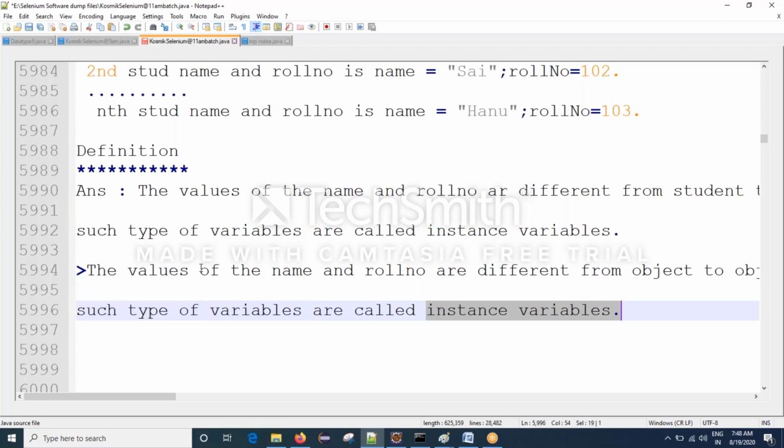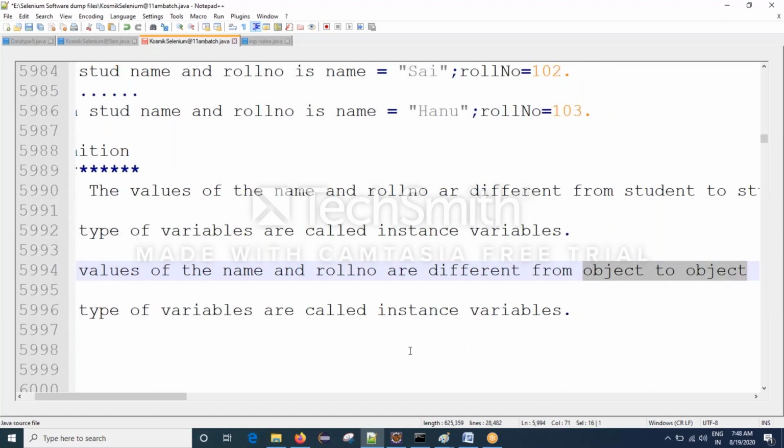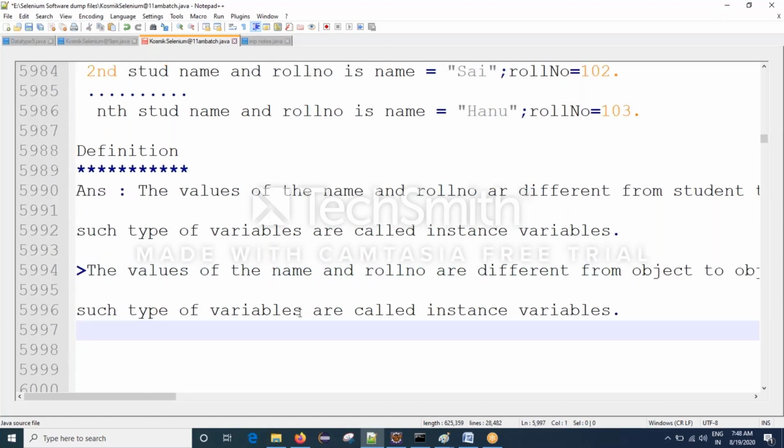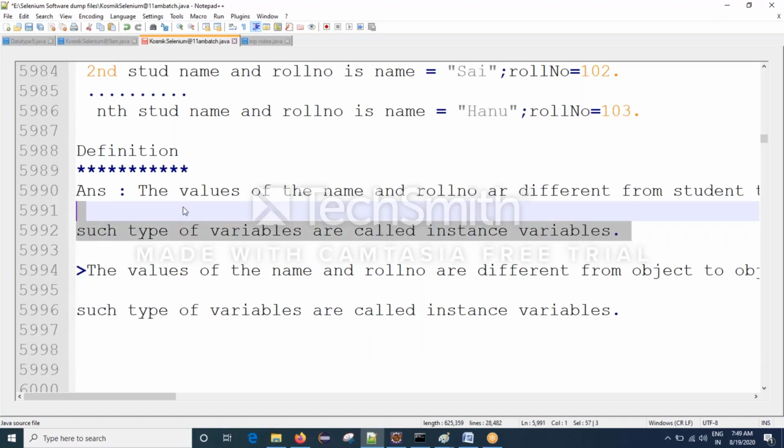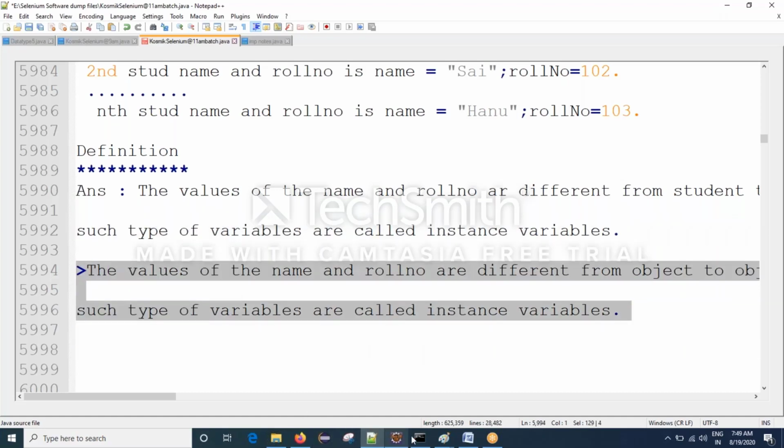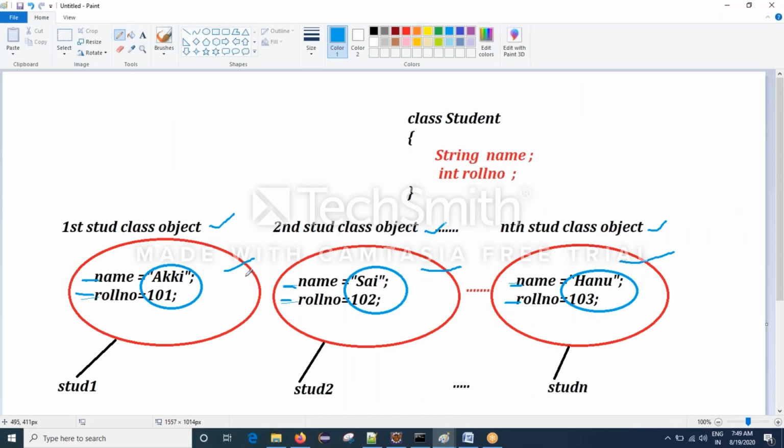Okay, the values of the name and roll number are different from object to object. Such type of variables are called instance variables. Okay na, see, how can we say the definition? The values of the name and roll number